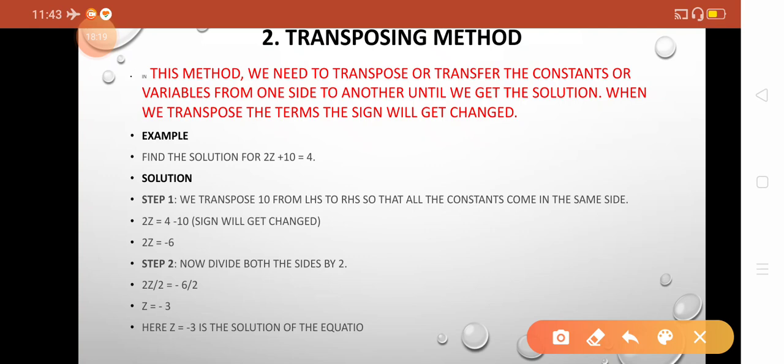Now you have to use this method to solve the problems of exercise 2.1. In our next session we will start our exercise. Before that you should carefully watch the video, and if any problem is there, comment in the comment box. You can ask your problem or doubt, but your doubt must be clear, otherwise you will not be able to solve the problems, because all the problems are based on statements. So if you do not know which method you should use or how to use the method, there is no use. So watch the video carefully and clear your doubts regarding this.